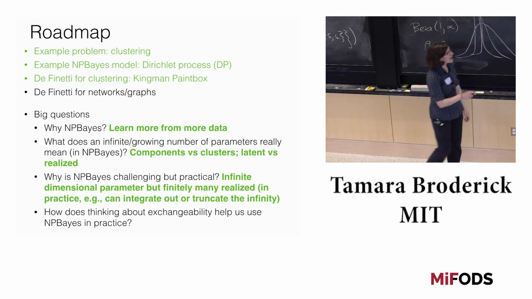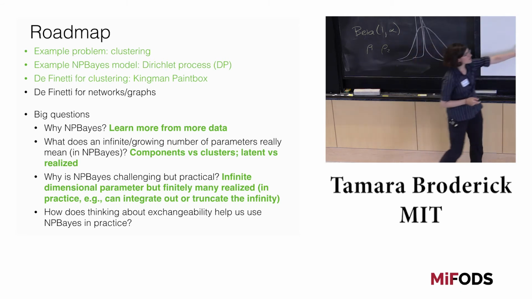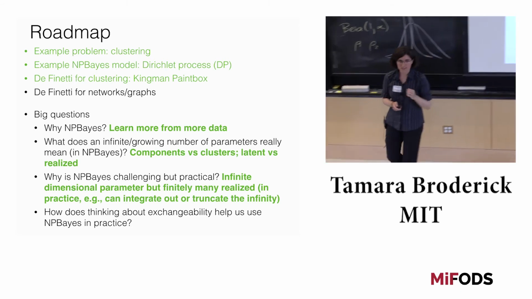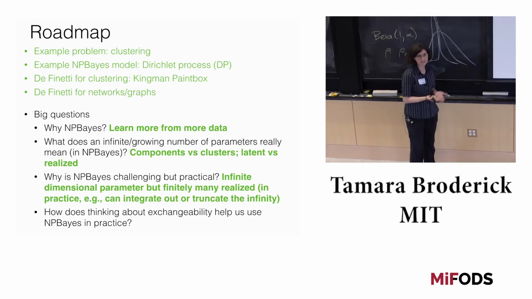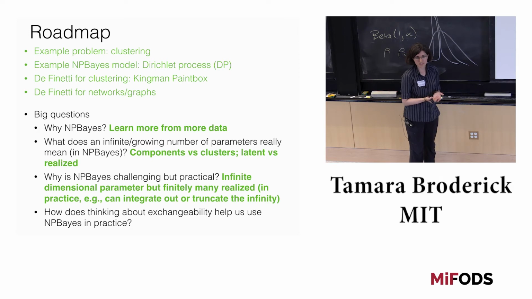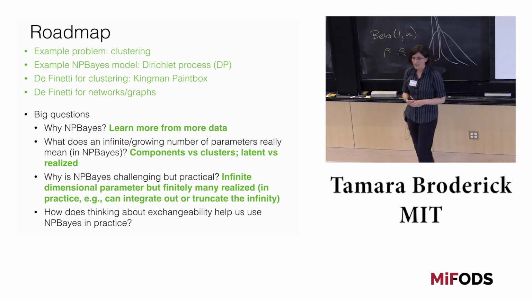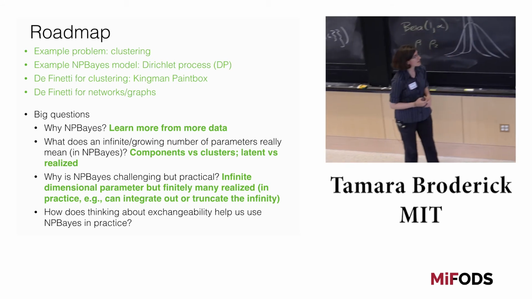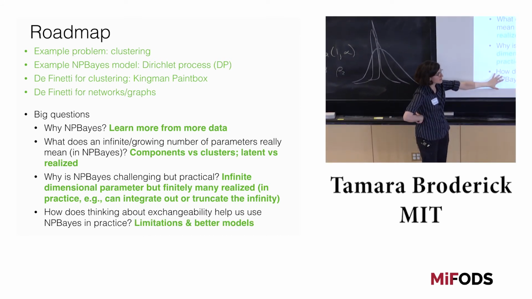We talked about how non-parametric Bayes lets us learn more as we get more data, that there's this notion of an infinity of parameters that lets us have a growing number of realized parameters, and how we can actually do that in practice, how that's not totally impractical. And then finally, we talked about how, in fact, we can look at these characterization theorems, these de Finetti-style theorems for other types of data. Here we talked about networks and graphs, and that is obviously not the end of that story. There's been a lot of work recently on de Finetti characterization theorems for other types of data beyond networks and graphs, beyond clustering.